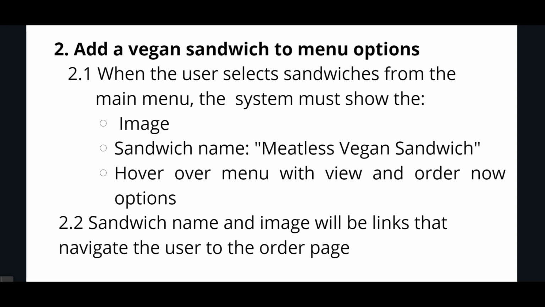I would say when the user selects sandwiches from the main menu, the system must show the image, the sandwich name, which is meatless vegan sandwich, and a hover over menu with view and order now as options. So view and order now are the options. And then the sandwich name 2.2 and image will be links that navigate the user to the order page. And then I'd continue about the order page, and it's probably going to be that the order page already exists, so it's going to be existing functionality today, and maybe we'll have some requirements around pricing and how to update pricing, etc. So this is just a little snippet of what it could be,